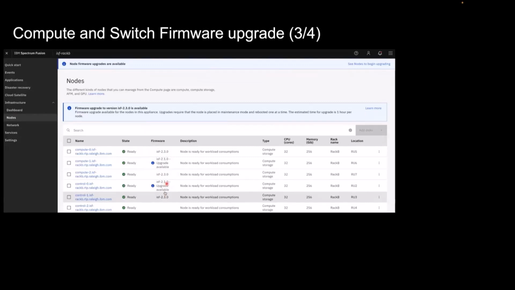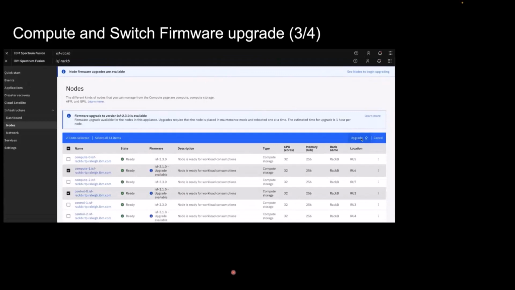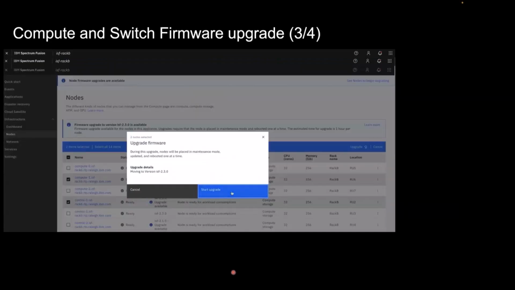The reason is you don't need to do all nodes at once. They are done in sequence one after each other anyway, but you can build groups of updates. So you put a check mark here on the ones which you want to update, and then update these ones. Of course, they're done in sequence, and then you can wait for the next maintenance window. So one of these upgrades takes about 1 hour. If you just want to do 2 in this week's maintenance window and then 2 in the next week, there's no problem with that. So you select the nodes you want to update, click on the update button,